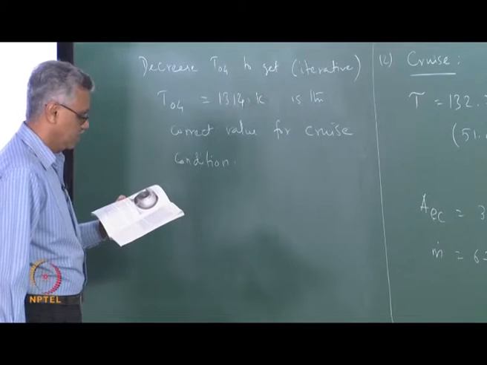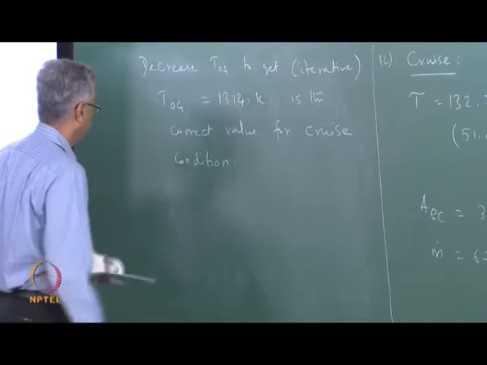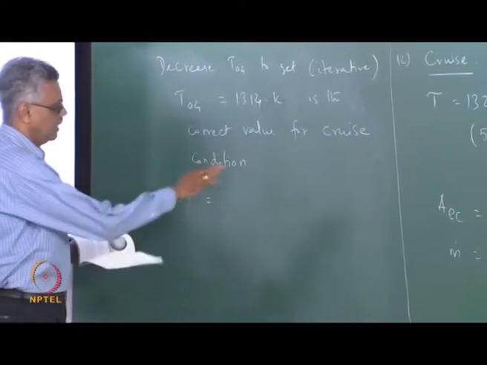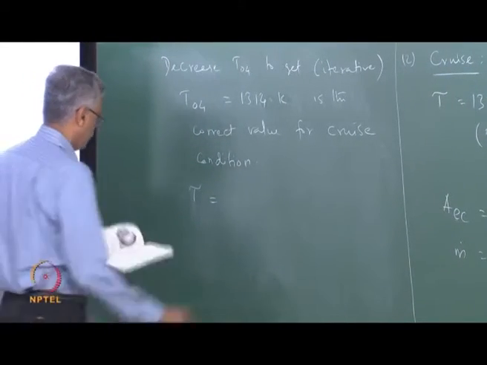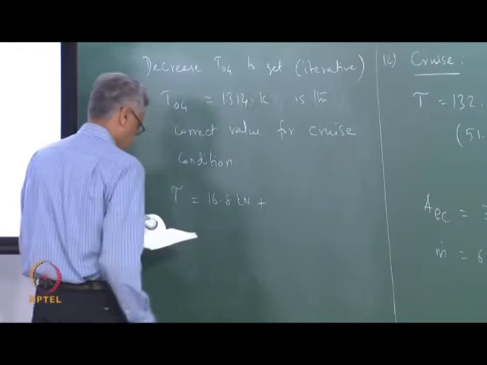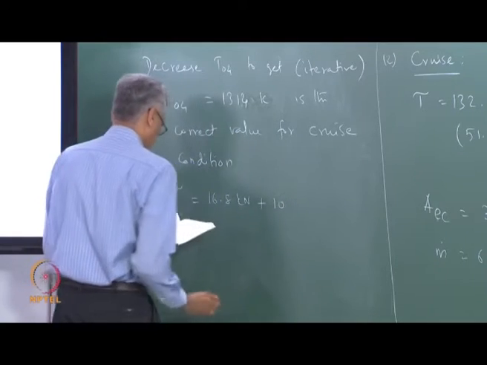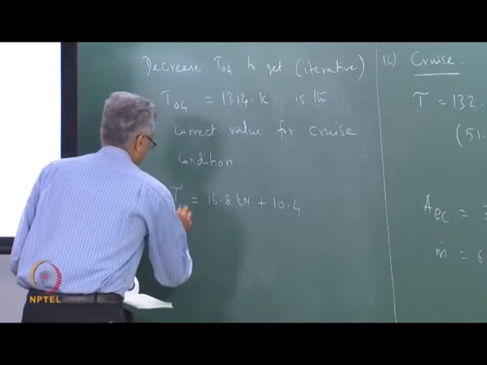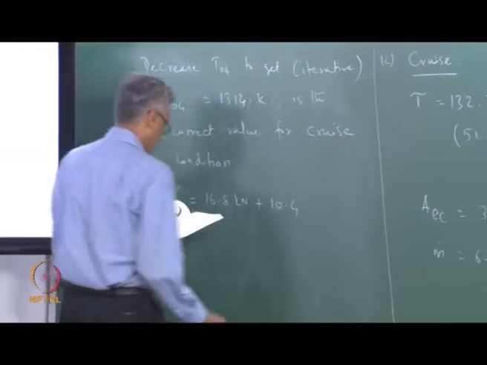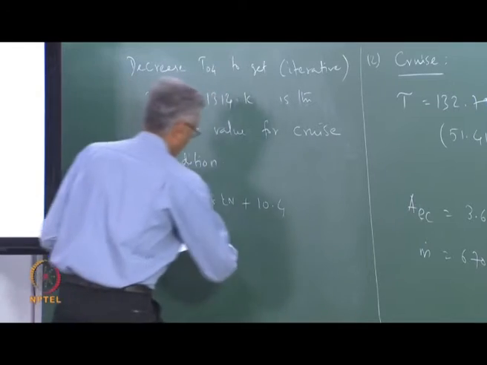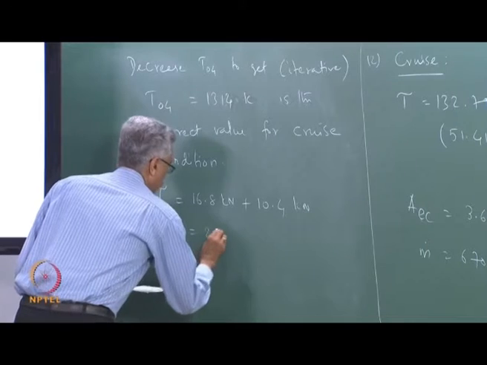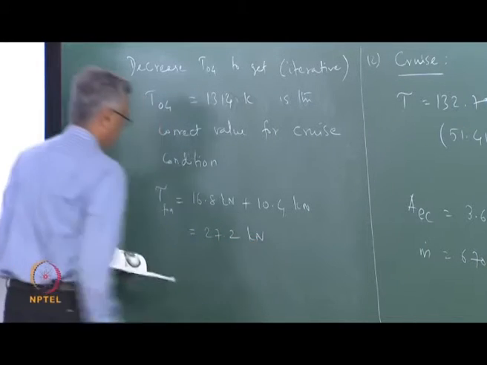So, if you do this, after adjusting the T04 this way and the mass flow rate this way, the thrust comes out to be 16.8 kilonewton from the fan plus 10.4 kilonewton, I am sorry, this is the fan thrust. The fan thrust is 16.8 kilonewton plus 10.4 kilonewton, momentum thrust and pressure thrust respectively, which gives me 27.2 kilonewtons of thrust from the fan,